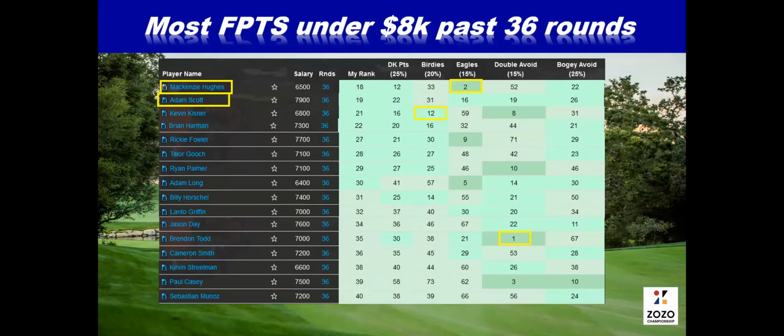And then, on the note of talking about guys that you get 4 days of scoring, I wanted to see, from the guys that were below 8K, so this is 7,900 and down, who gets the most points from a point perspective. So I pulled up DraftKings points, you look at birdies, eagles, and also, you don't want to hit the bogey side, double and single bogey, who kind of stuck out